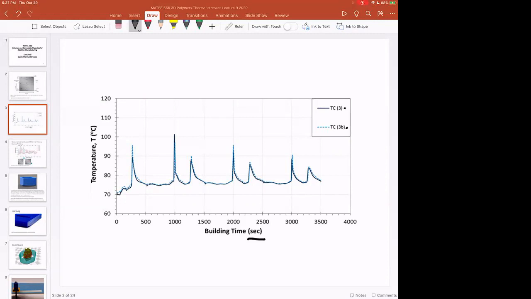And you see departures between something that approximates the printing temperature, although it's not quite as high as the hot end temperature, and the baseline temperature or the build plate temperature down here. So now in this one location, in this 3D printed part, the temperature is going up and down over the